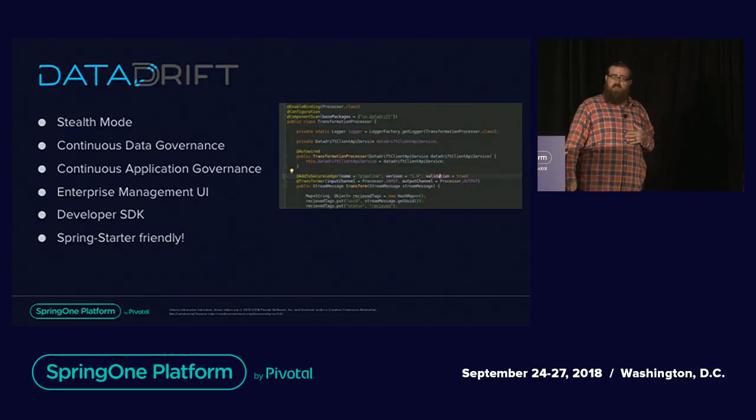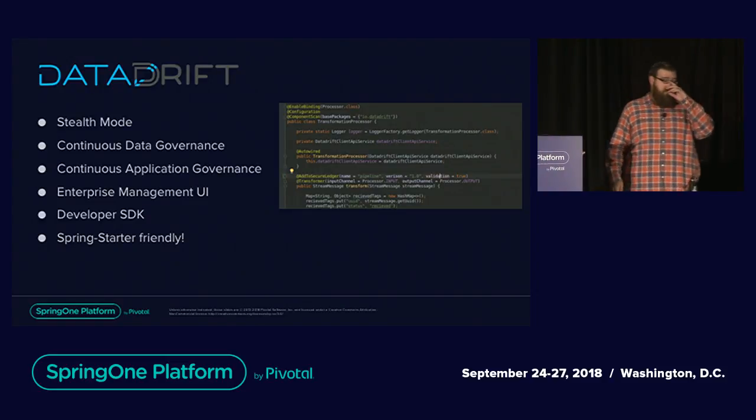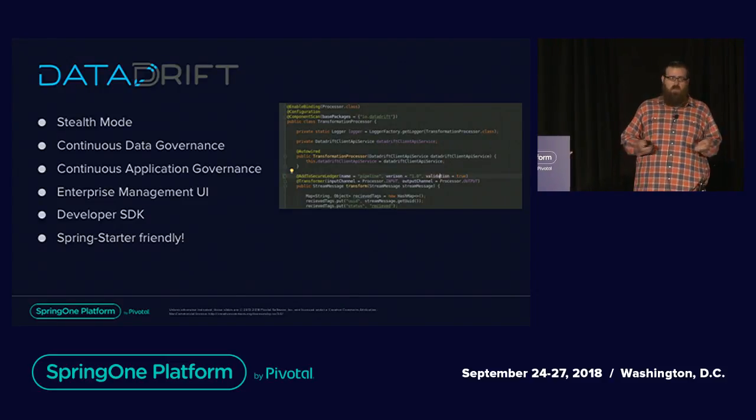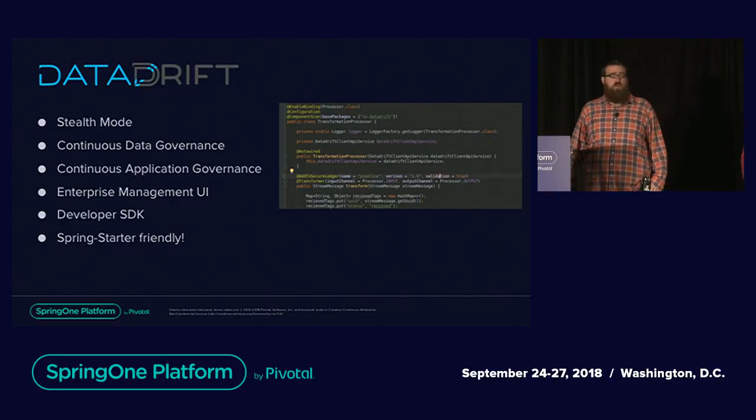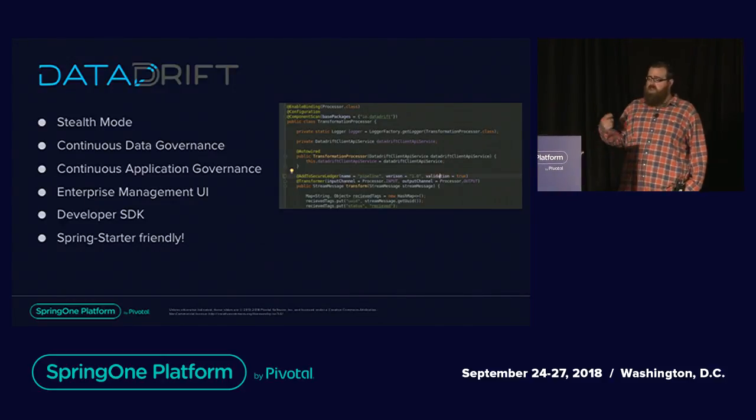Me as a pipeline developer, I don't want to write a bunch of boilerplate, right? That's why Spring exists. We don't want to write boilerplate. We want to prescribe our definitions in our YAML and maybe add some drivers, boot it up, and then we do what we want with it, right? So they're trying to persist with that model.